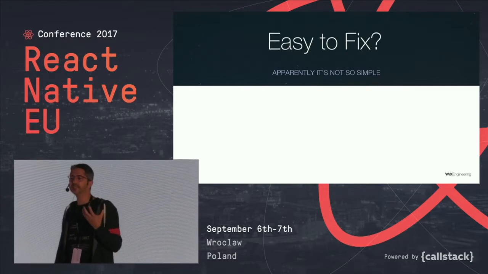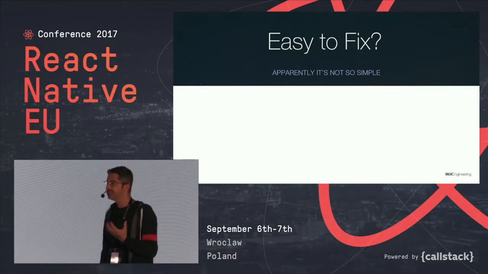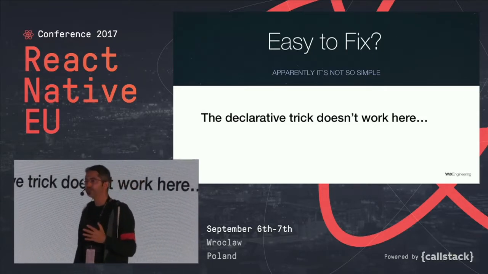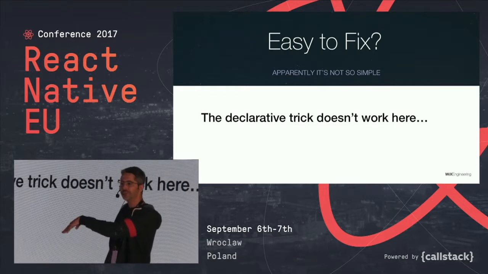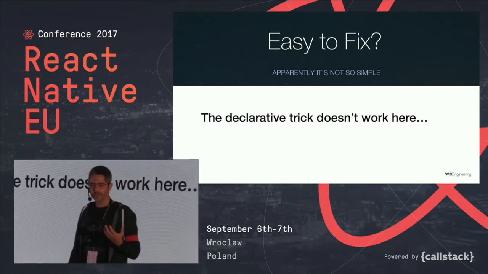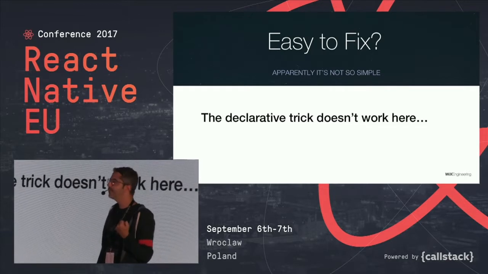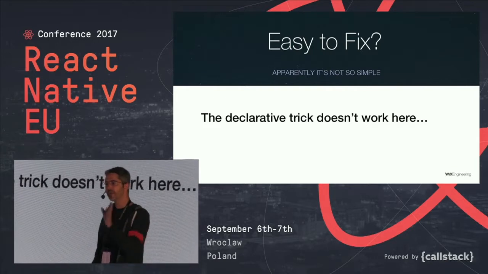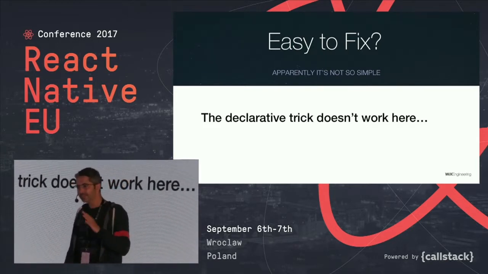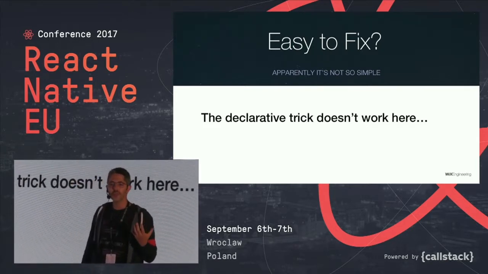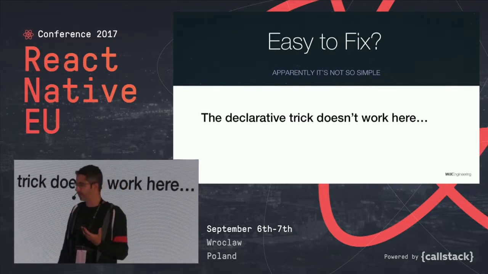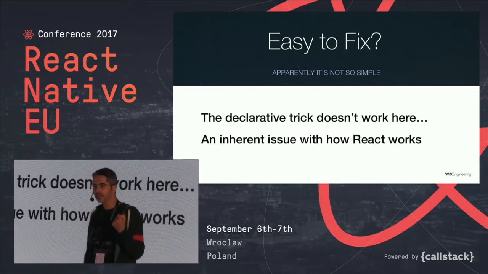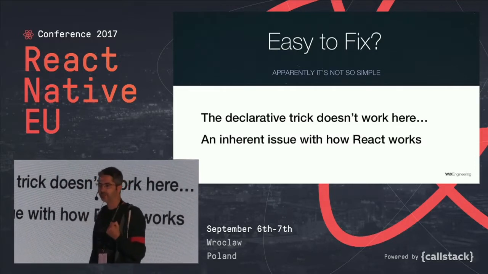So there is an issue here, and I investigated this issue, and the first question I asked myself: oh, it seems minor, it seems easy to fix, and apparently this is not the case. Usually the trick that we do for performance problems in React Native, and this was pretty much the trick for all the issues, the major gaps that have been resolved so far, is by going declarative. Instead of doing the animations yourself, you declare them and you have a native driver to run them frame by frame. So this is the tactic that we use for everything. And this tactic doesn't really work here because these seemingly minor issues uncover a very fundamental boundary of React Native.